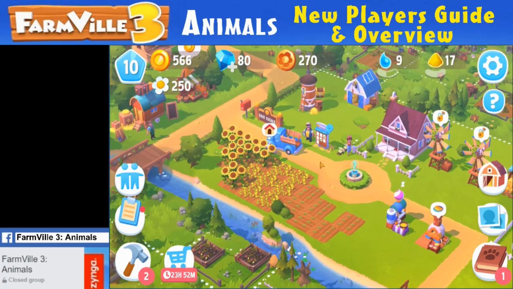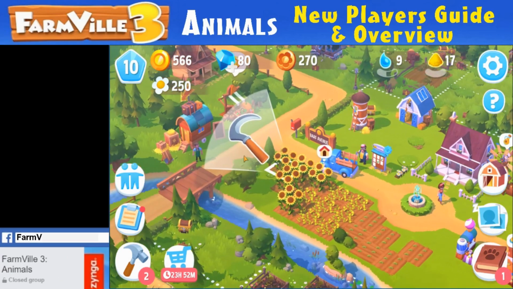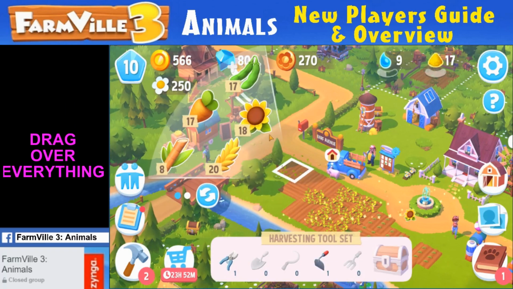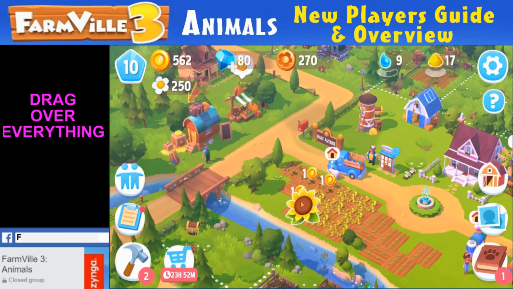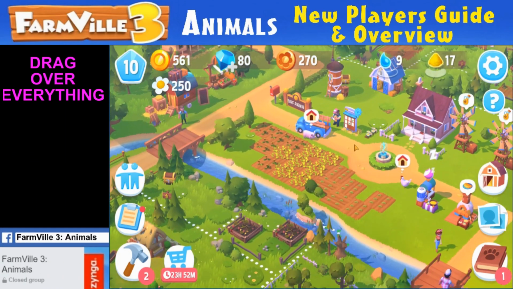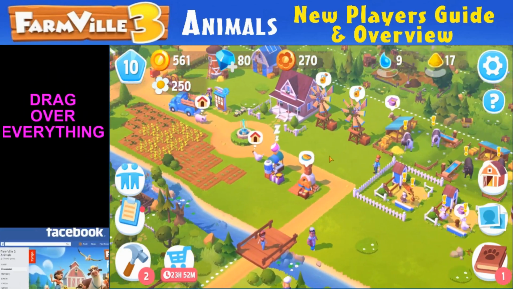Anyways, right off the bat, with FarmVille, you're shown how to plant crops and harvest them, and it's kind of like a Hay Day version of harvesting. You just drag your finger over the crops, and same thing with planting. You click and hold and drag your crops to plant them. So that does a good job of explaining that, but what I found difficult at first was getting these animals